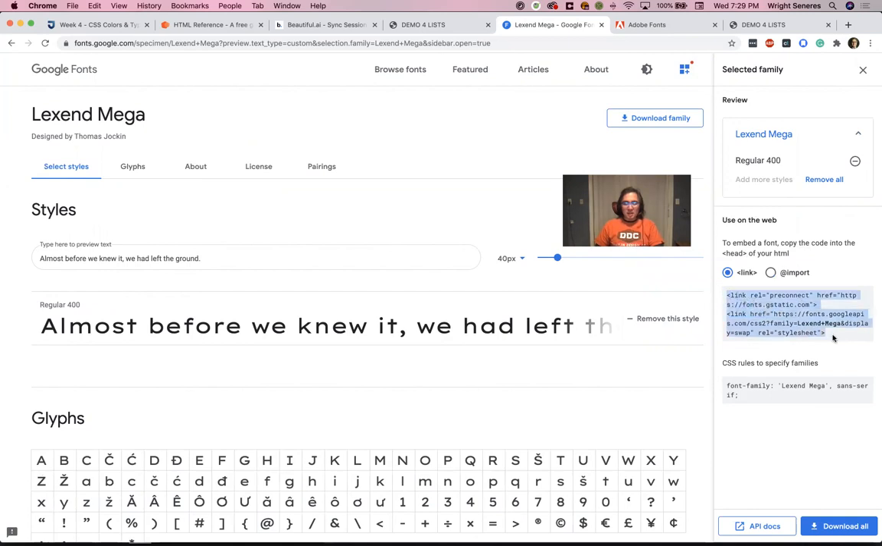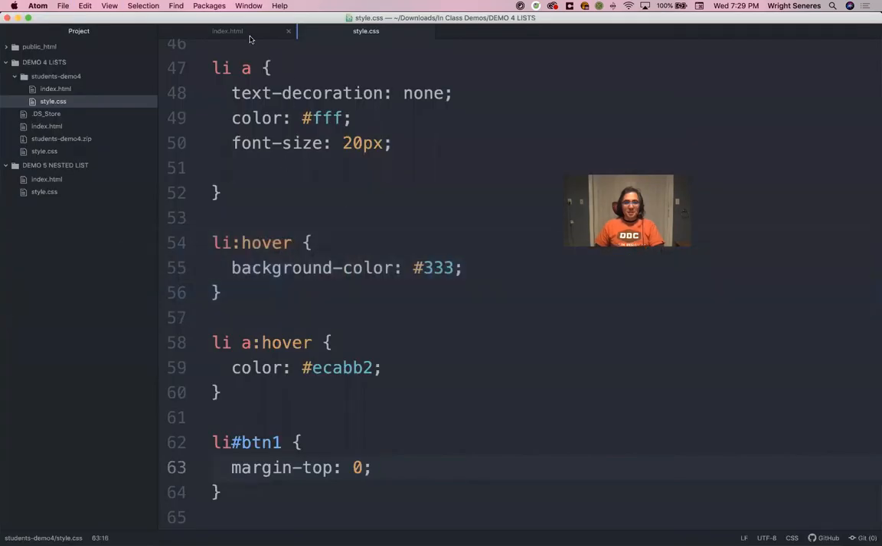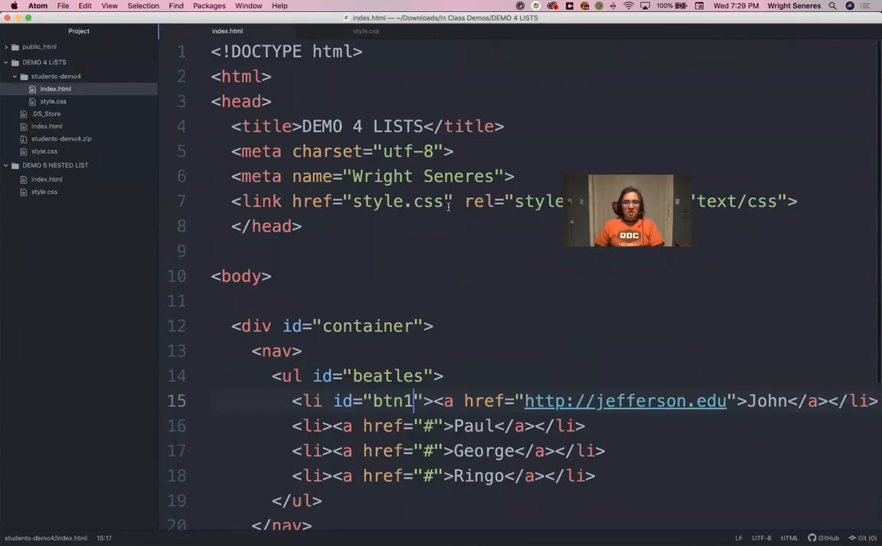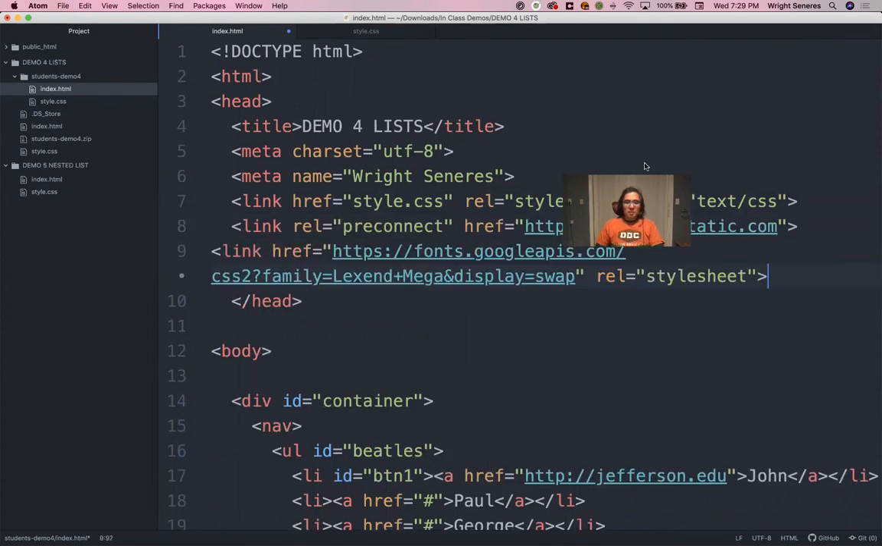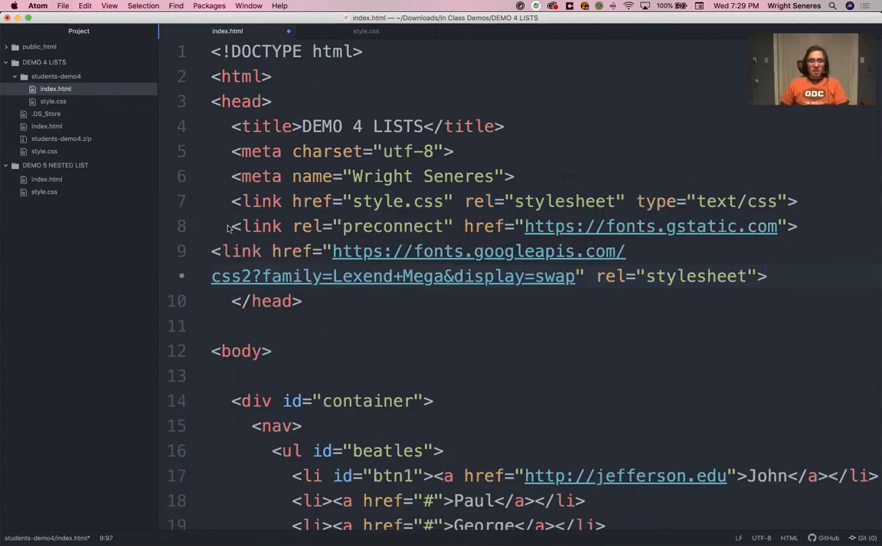So here we go. I'll copy this, bring this over to Atom, and the place it goes is in the head, of course. So I'll put it after my style sheet link here, paste it in here. So what we have is one link for pre-connection to Google Fonts, and then the actual link itself to the actual font file, which is the Lexend Mega one. So if I save this,